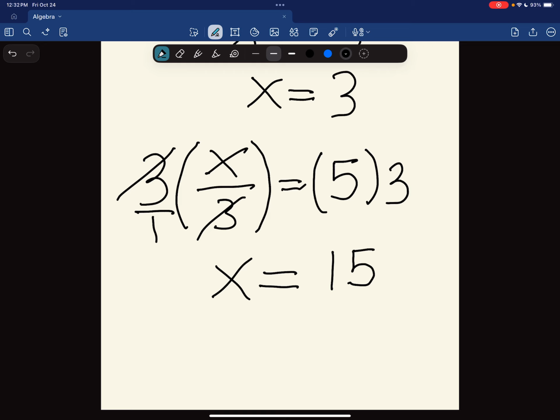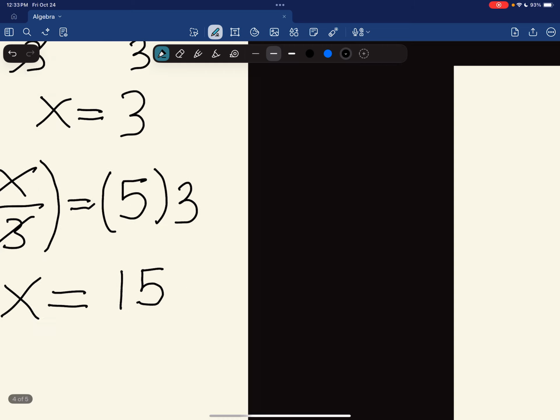Okay, I just want to do one more example. And for this one, you might see an equation where you have two variables, right? So we have two x's. We have 2x minus 4 is equal to 3x in our example here. So there's two x's and there's one constant. We have minus 4 here.